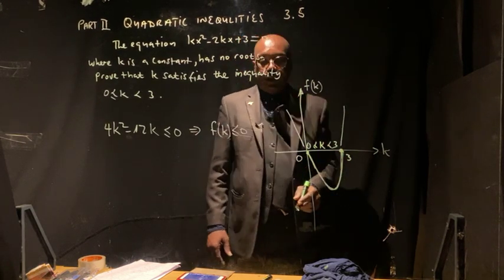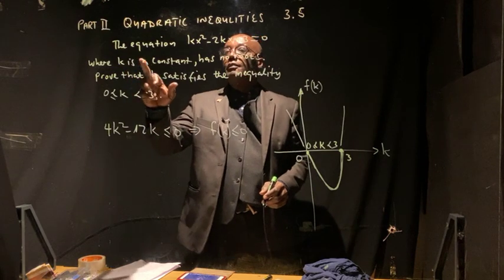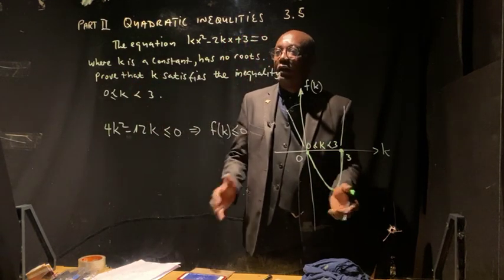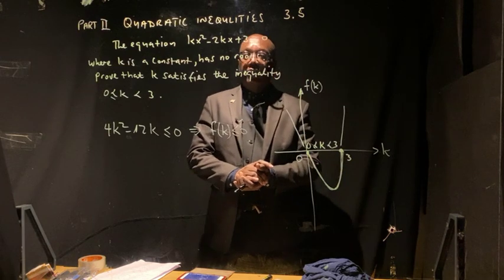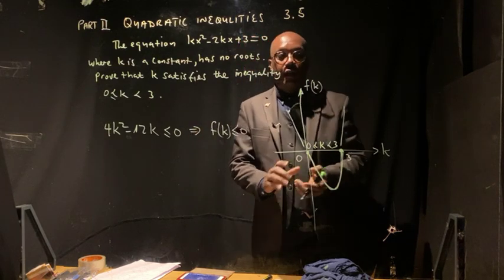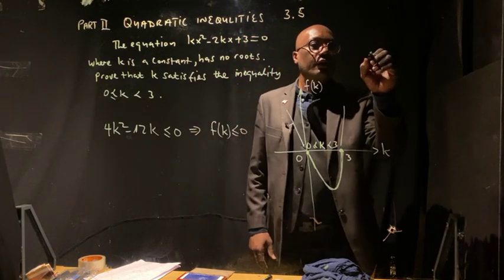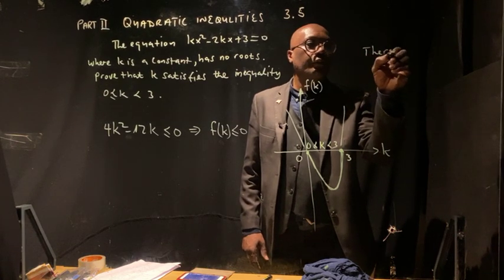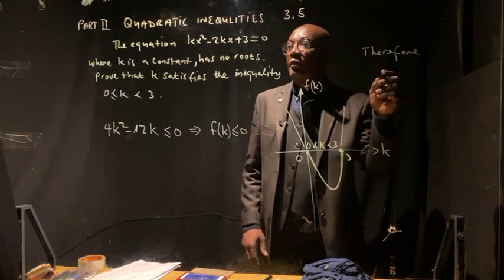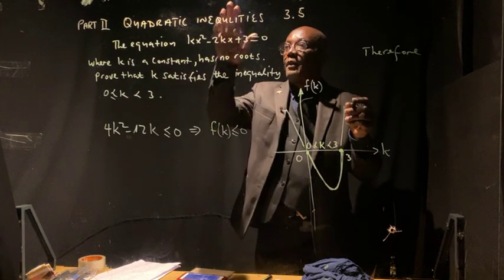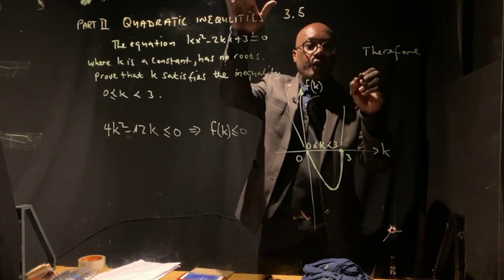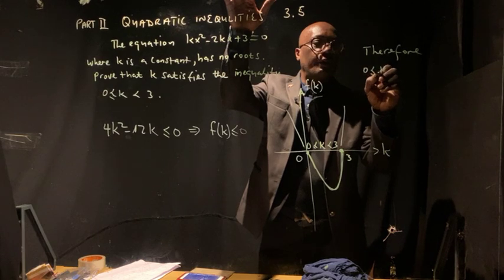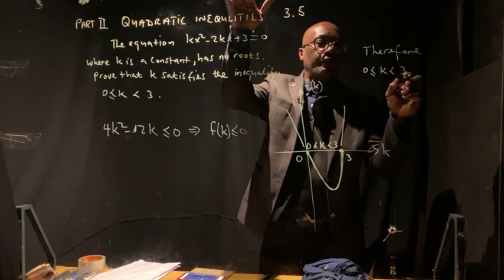Therefore, 0 is less than or equal to k, less than 3,